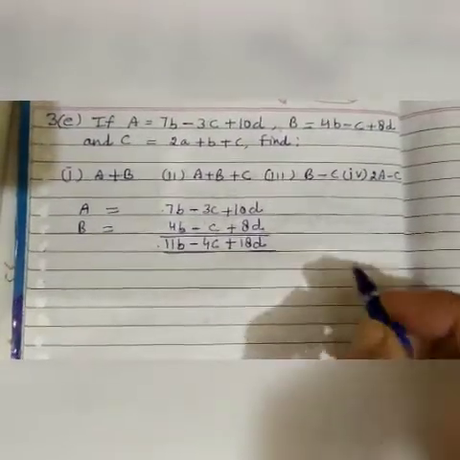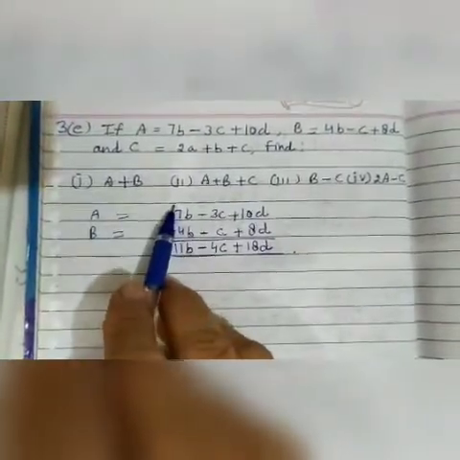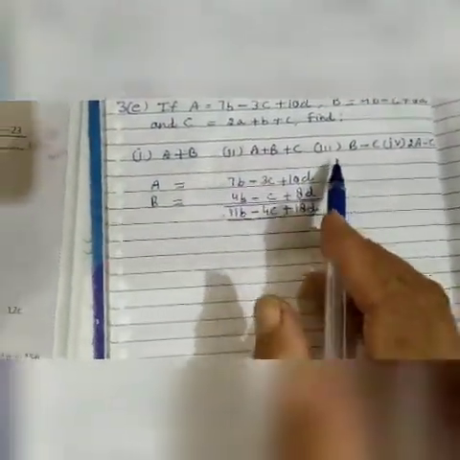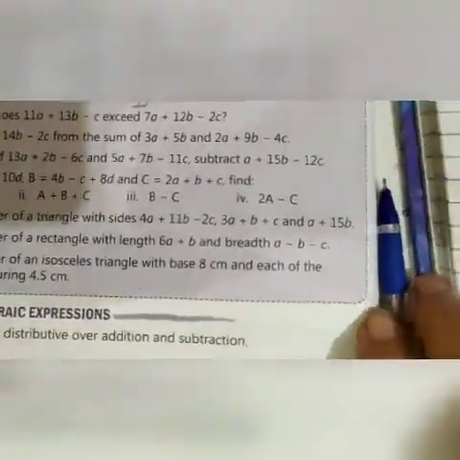So students, today we will do up to here only, 3rd E first part. The remaining parts, 2nd, 3rd and 4th, and the remaining questions F, G, H we will do in the next class. Students, first we will complete this exercise, then we will start the revision for your unit test. Okay students, thank you and have a nice day.